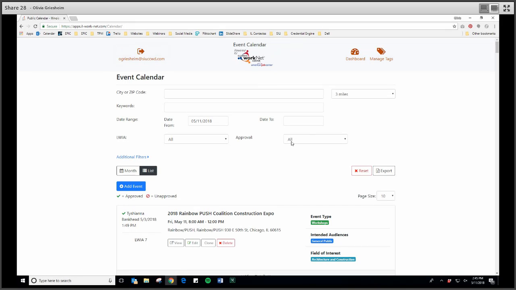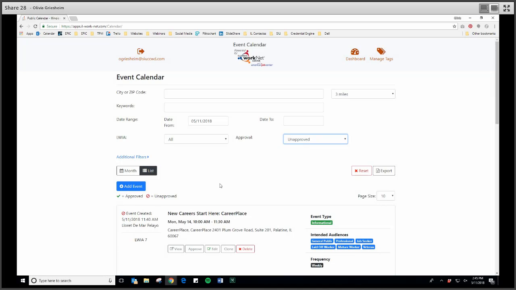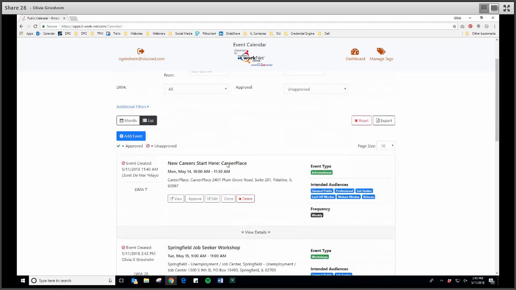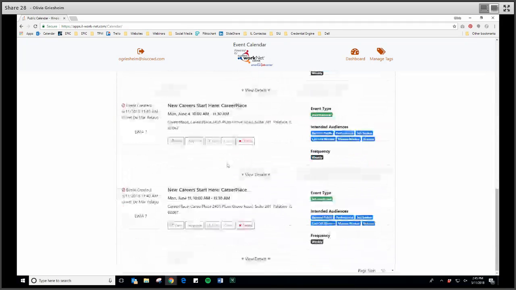So in order to see all the events that have been submitted but not approved, we'll log into Illinois WorkNet and come to the event calendar. And we're going to have a few additional filter options, one of them being approval. So we're going to filter that down to unapproved, and it's going to bring up a list of all the unapproved events that have been submitted. For LWIA coordinators and managers, they'll only see the events that fall within their LWIA, and they'll only be able to approve those events. So the event that we just added was on May 15th,